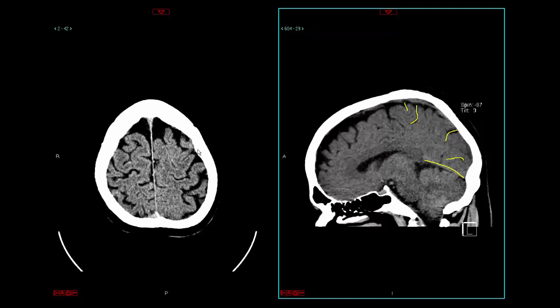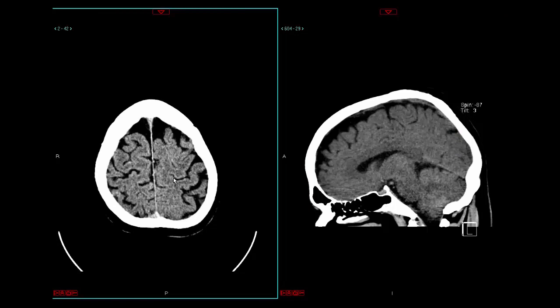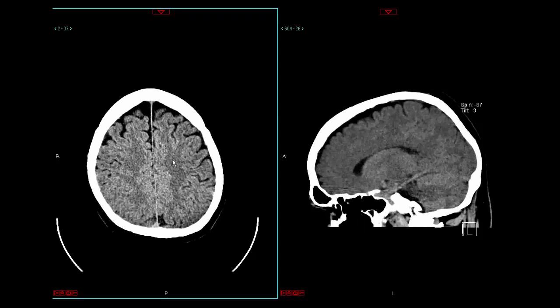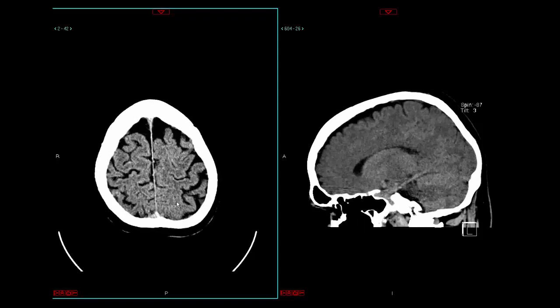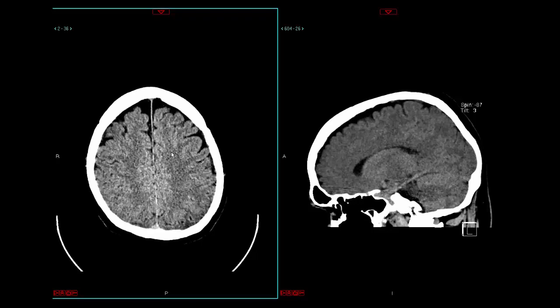So let's get back to the axial imaging here. We got a good idea of identifying that inverse omega to get your central sulcus, the post-central sulcus with the intraparietal sulcus here, the precentral sulcus making a T-like configuration with the superior frontal sulcus there. As we scroll up and down a little bit further, going a little bit more inferiorly now, once we get